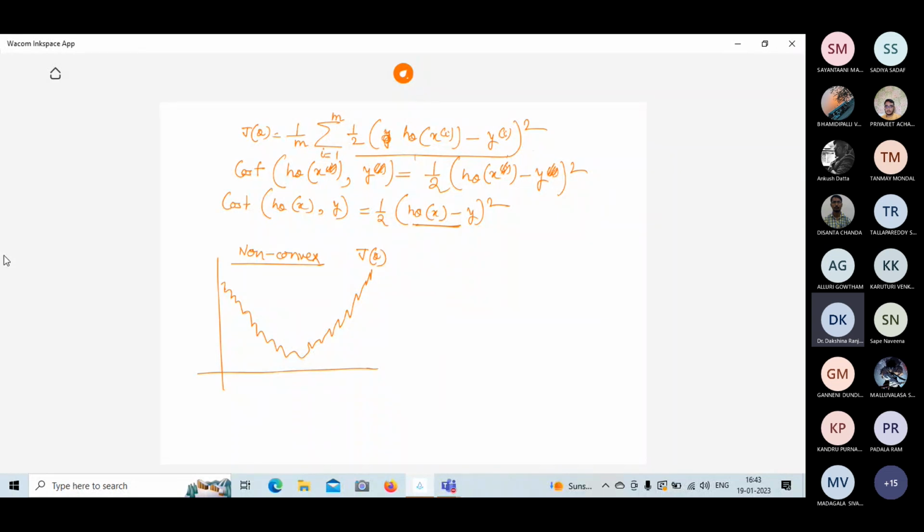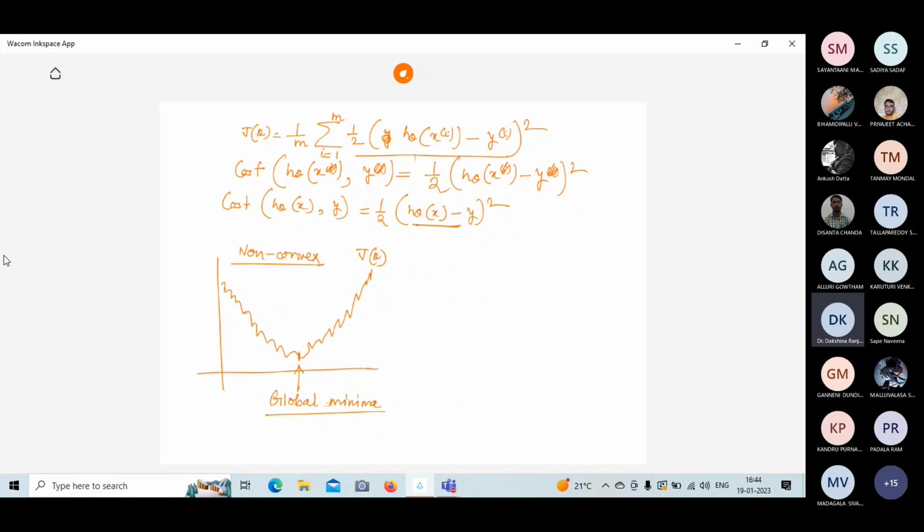We are trying to minimize this cost function, which means we need to get the global minima. So somewhere over here the global minima may be found. We have to find the global minima somewhere over here, but